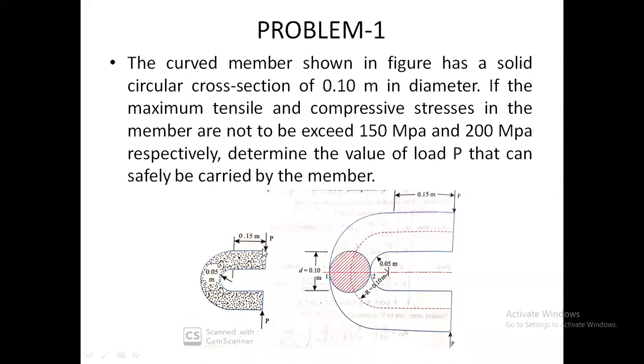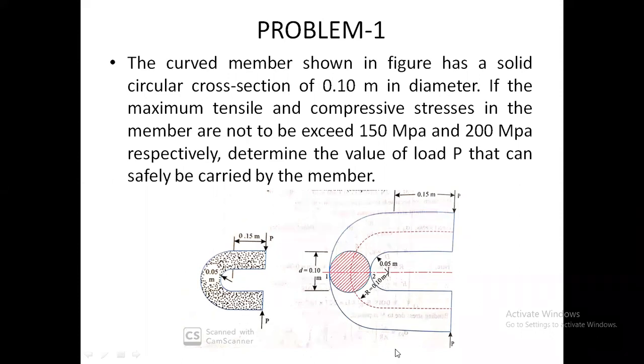If the beam is subjected to load P, okay, with what load will it have a tensile and compression stresses of 150 megapascal and 200 megapascal? ఎంత లోడ్ ఉంటే ఈ 150 and 200 megapascal ఈ కర్వ్డ్ బీమ్స్ లో జనరేట్ అవుతుంది, not to exceed. Without exceeding these values, how much load will make your curved beam to have a tensile and compression stresses as 150 megapascal and 200 megapascal? అంతే, చాలా సింపుల్ గా అడిగారు మిమ్మల్ని. ఓకే, clear? Right, so let's start doing this problem.